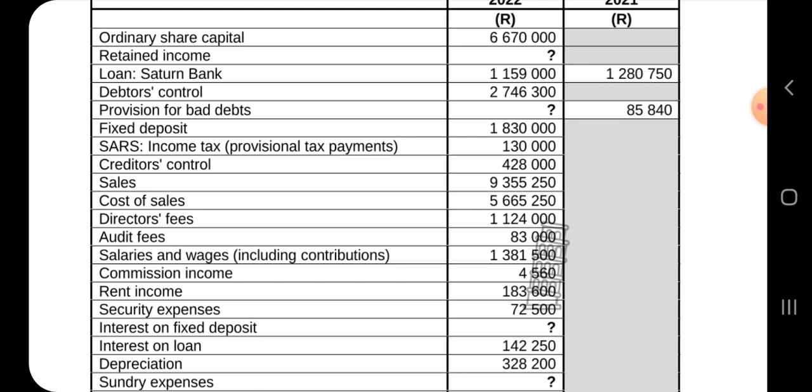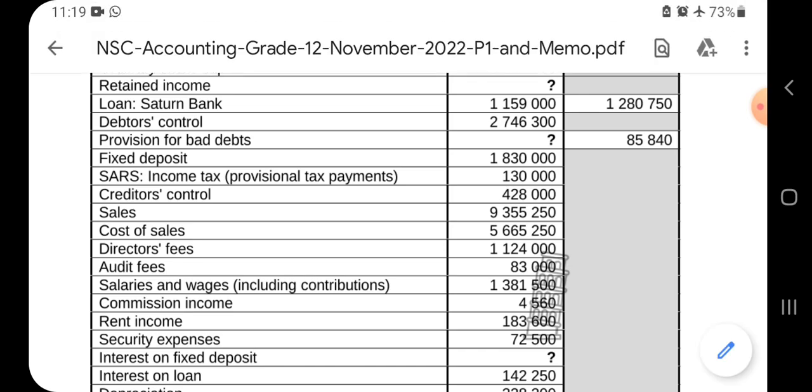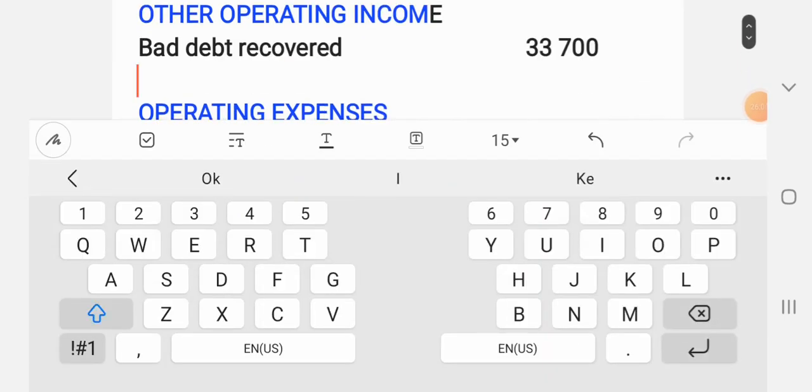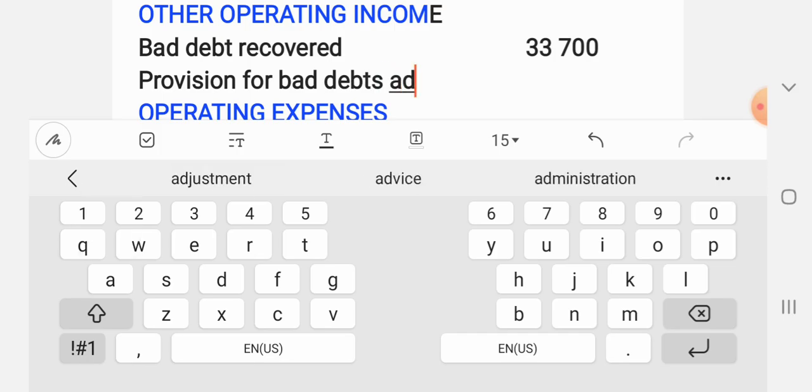And then the provision for bad debts at the beginning of the year was 85,840. So we are going to subtract the one that we have from the 85,000 rand. So it has decreased, which means more people have paid than we had anticipated. We have the provision for bad debt adjustment,